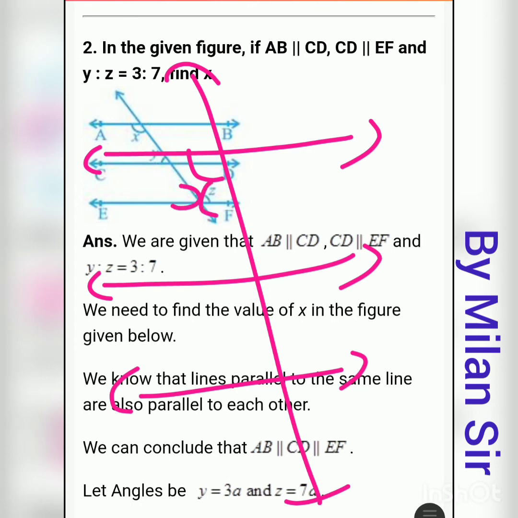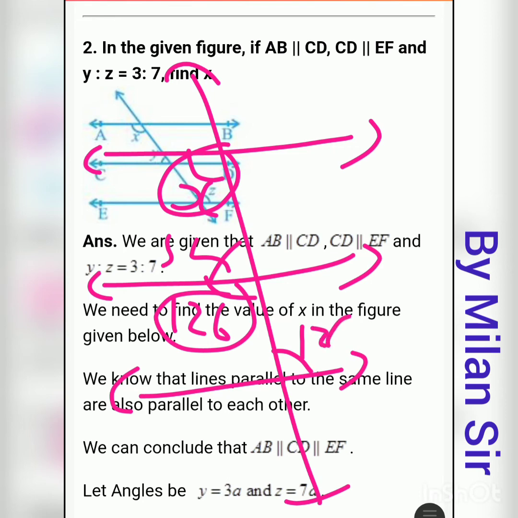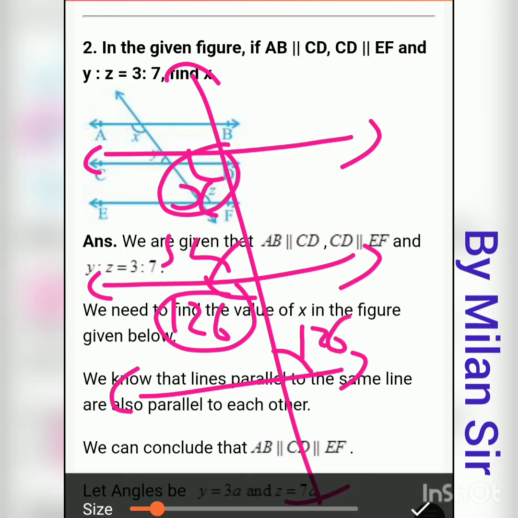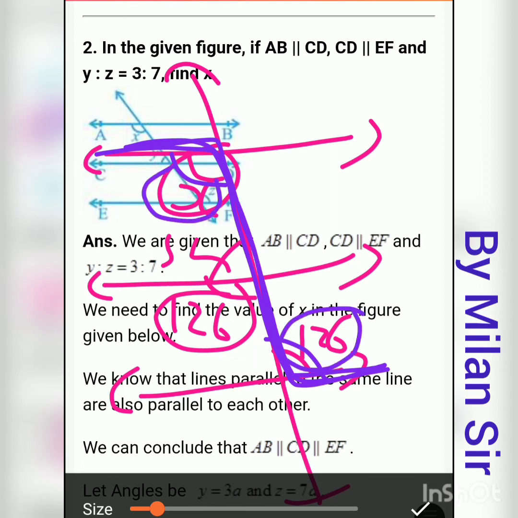Here we have x, 54, here we have 126. Now x and 126 both are a corresponding pair of angles, so the value of x is equal to 126, and here even we have the value 126. Now if you use this one, Z, then even these two are the alternate interior angles, and alternate interior angles are also the same, so 126. So here even 126, you can use any way.